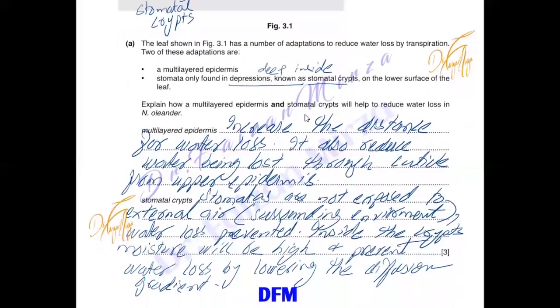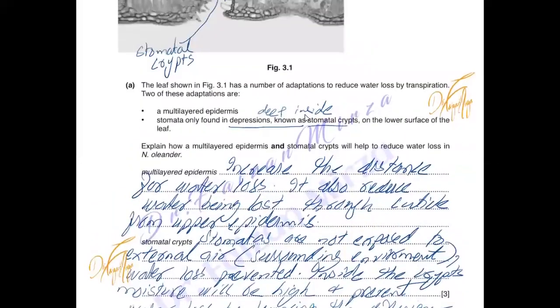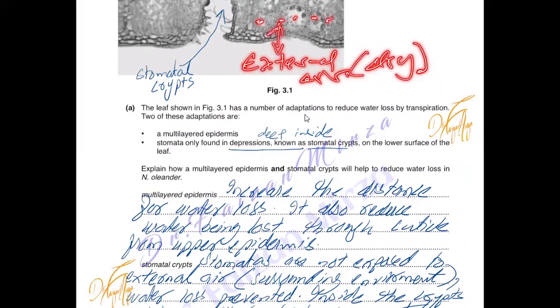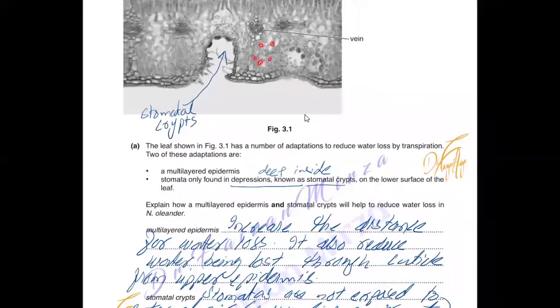The stomatal crypts are not exposed to the external air. The external air is here. So external air will be very dry, and this dry air will not be in direct contact with the air inside the leaf, which has high moisture. So the gradient is not a very sharp gradient. The water vapor here comes in contact with the air present inside the crypt, and this region inside the crypt will be highly moist